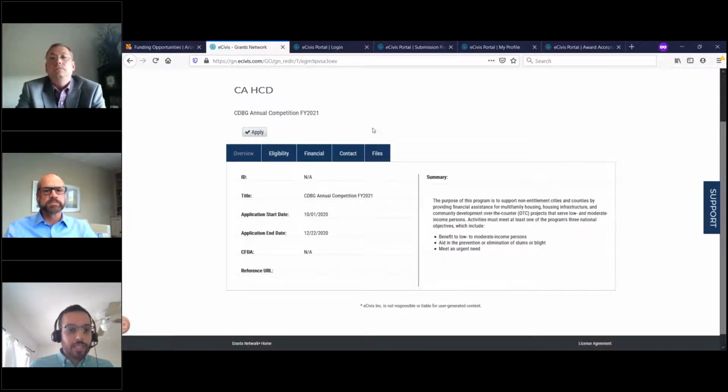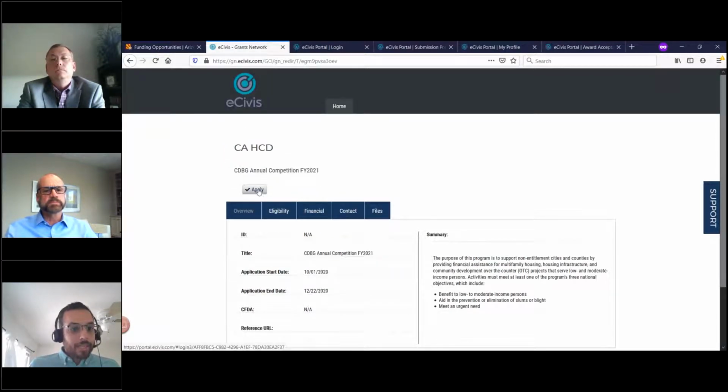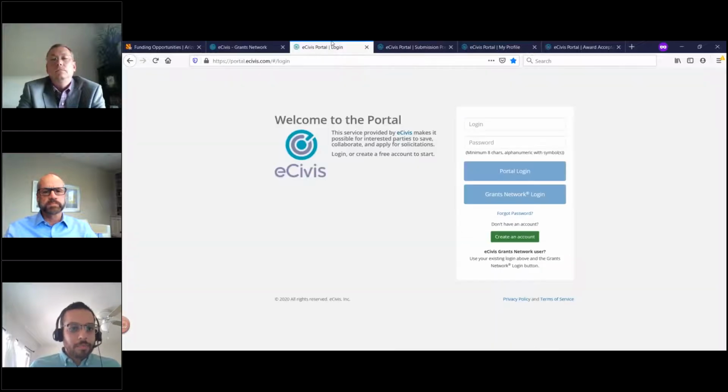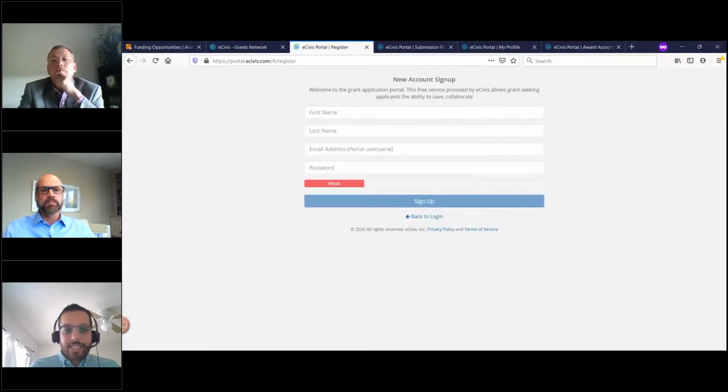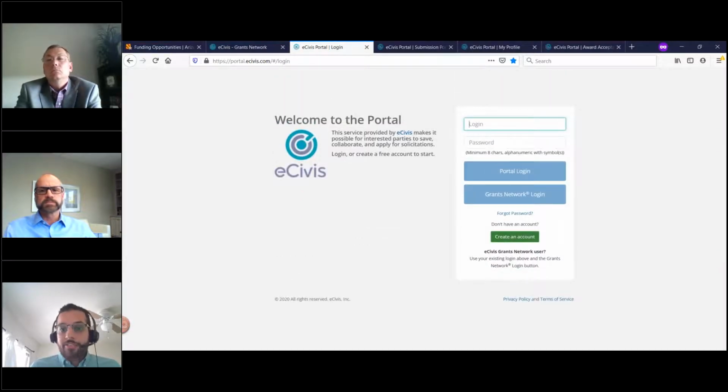So I'm going to switch to an example CDBG program here. And you'll see here where there is an apply button that takes you into the process. So what I'm going to introduce you to now is the portal that everyone will be able to have access to, which is portal.ecivis.com. We have many people, of course, across the state of Arizona, in their case, that already have access to this. It's a free account setup, and coming to here, of course, we have a simple button to just provide first, last name, and email, and be able to use Portal for whatever you need for any